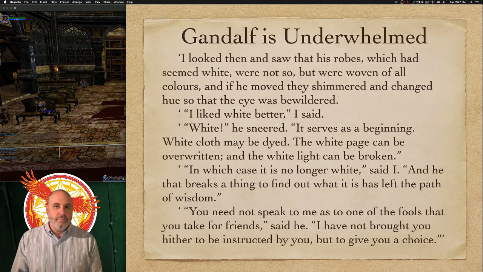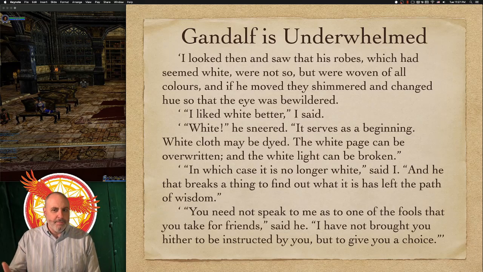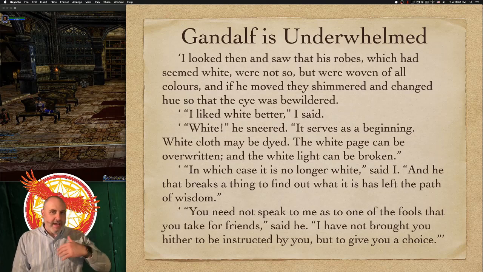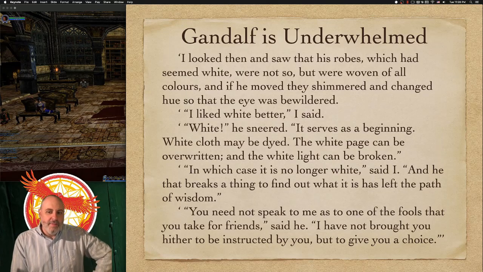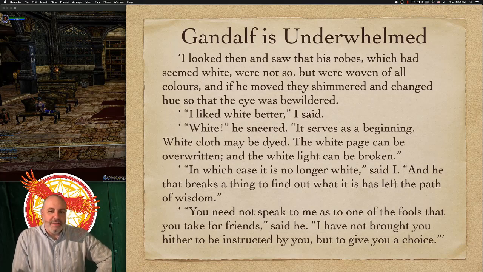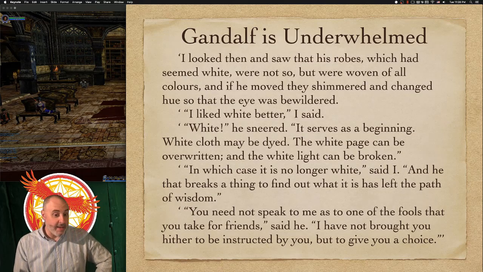Overwritten also implies, in my mind, a later step, right? The beginning is the blank page, and then it's overwritten. It's improved upon. This is the next stage in its evolution, right? On top of the whiteness is written print, written script, written wisdom, whatever it is that is written on. It is added to, and it enhances it and augments it, right? The piece of paper might be worthwhile, but